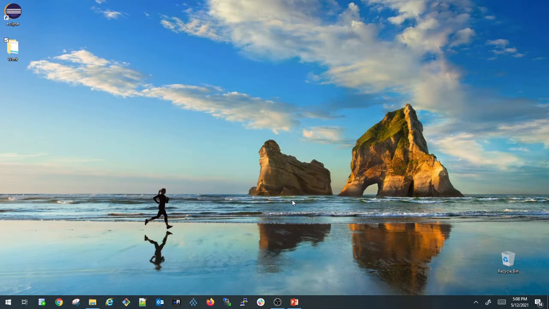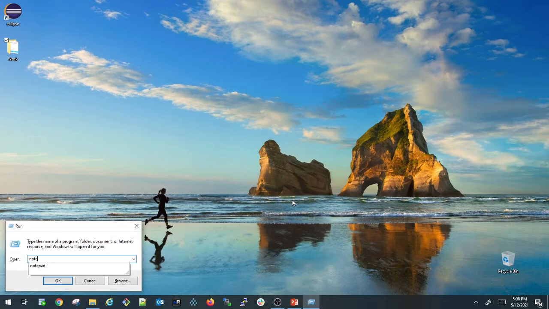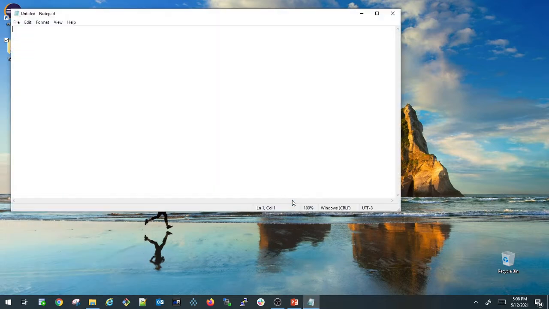Here I'm opening a new notepad to write my first program. So Windows R, notepad. class HelloWorld, with an opening brace and a closing brace for the class.